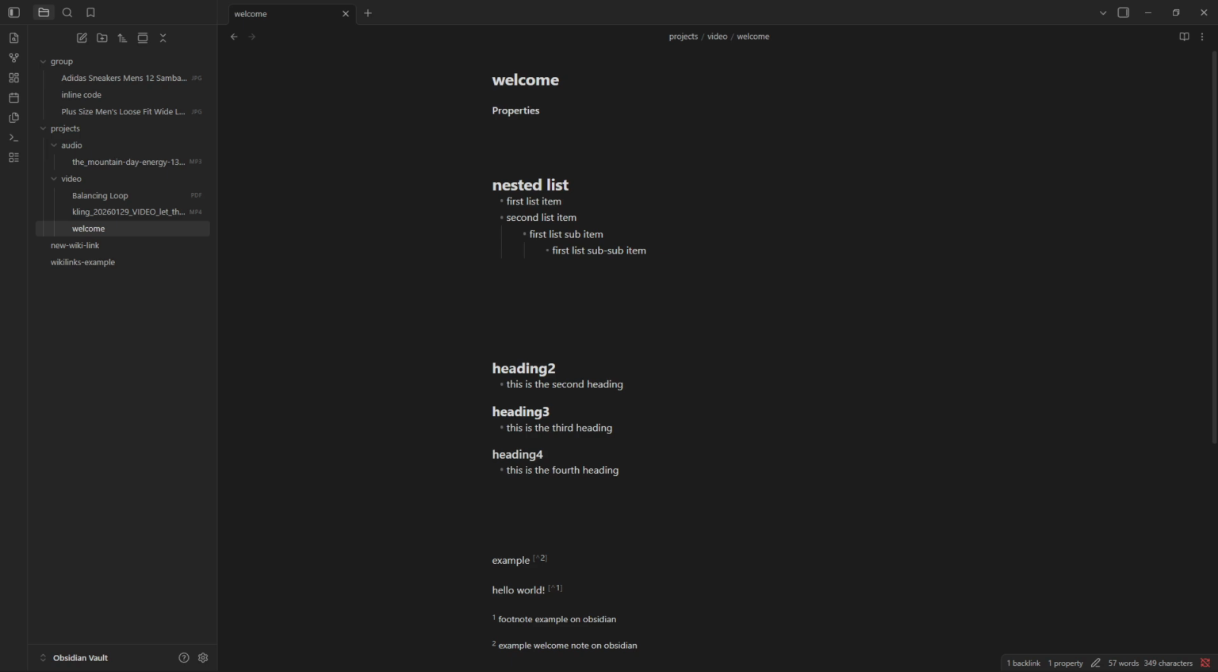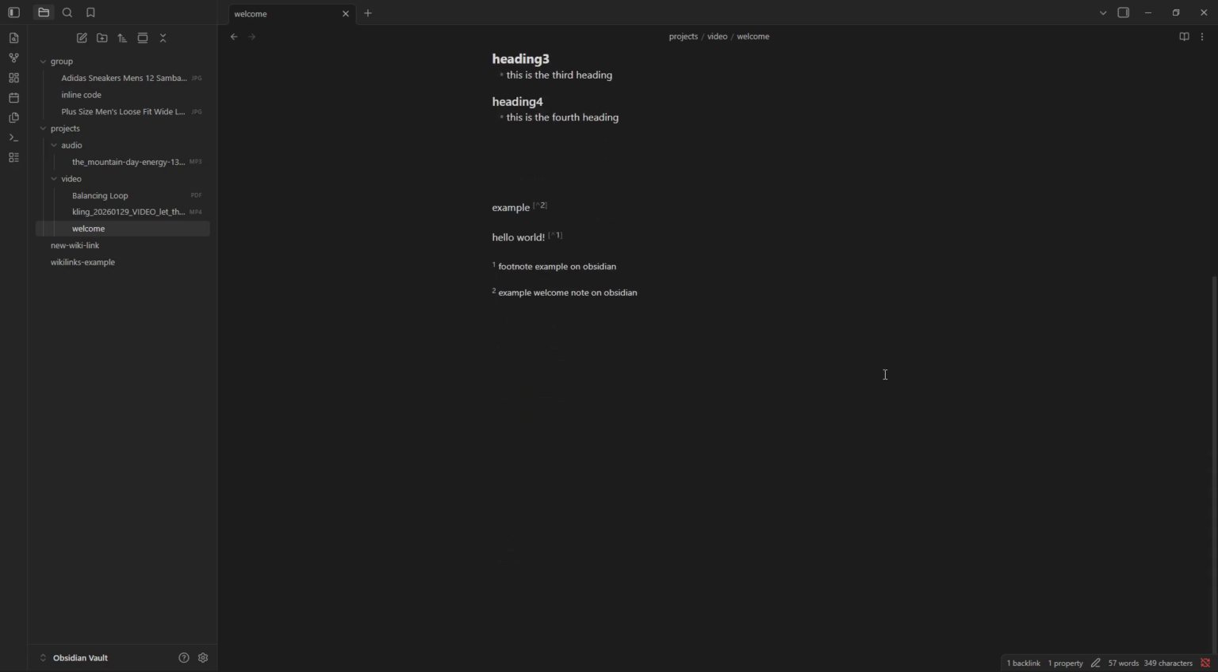In today's video, I'm going to show you how to add metadata in Obsidian to organize and categorize your notes